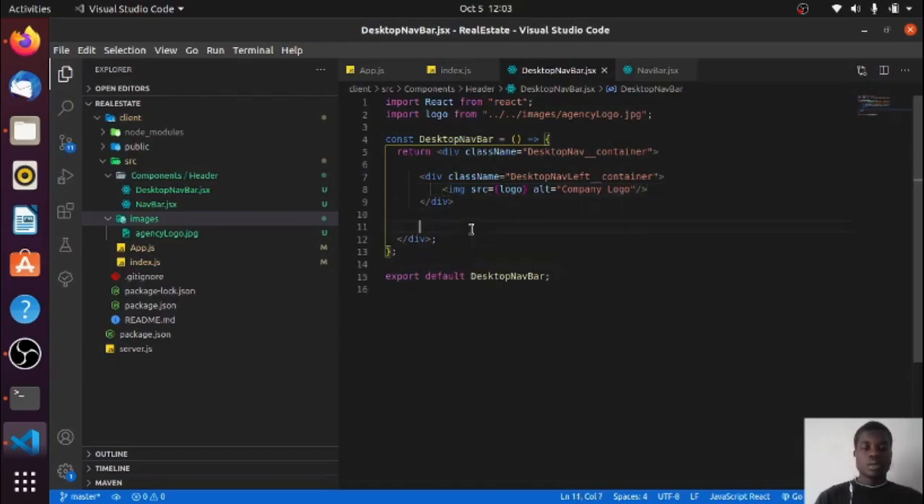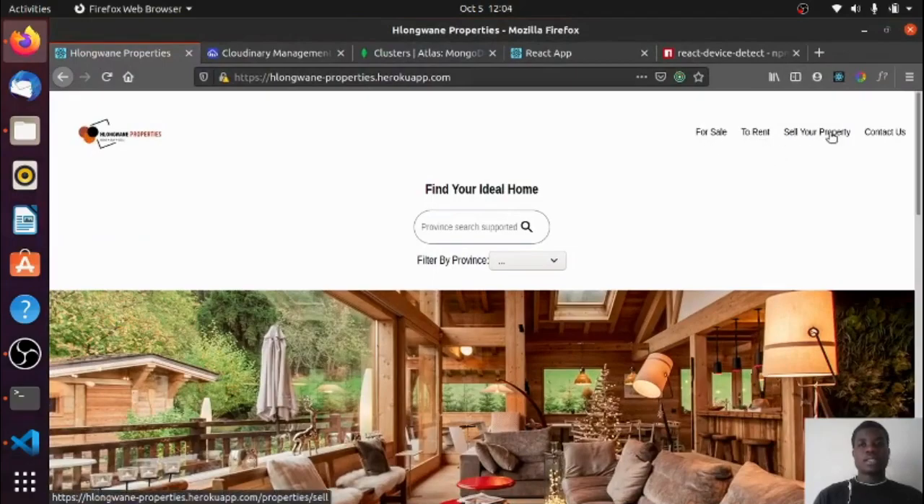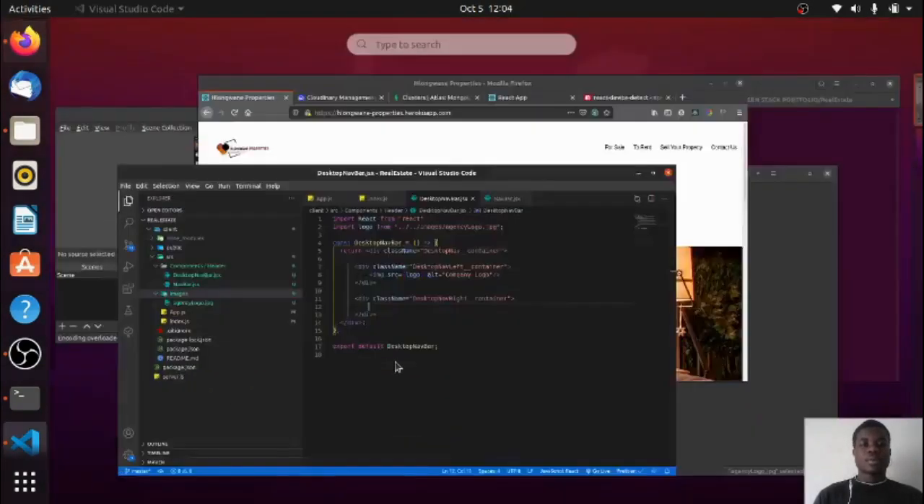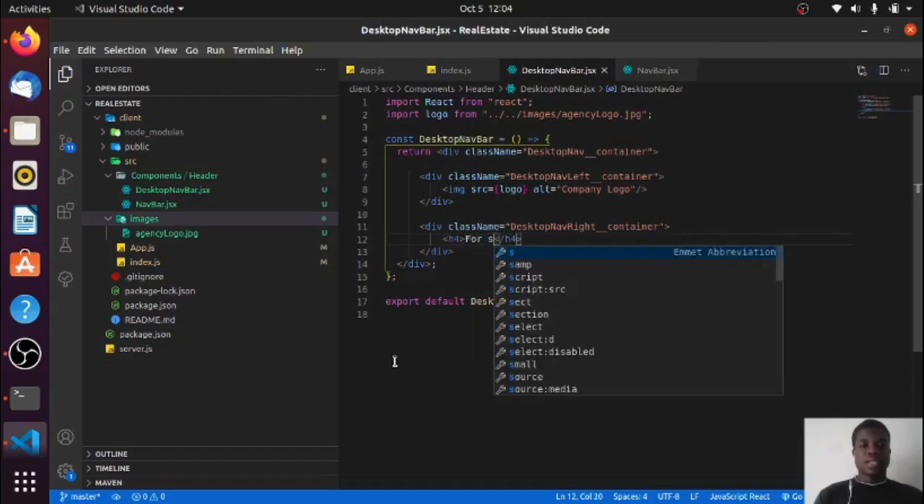Right, and then we come here with the desktop nav right container, and for this container we need 4: for sale, to rent, sell property, and contact us. So we'll just say h4 for sale,